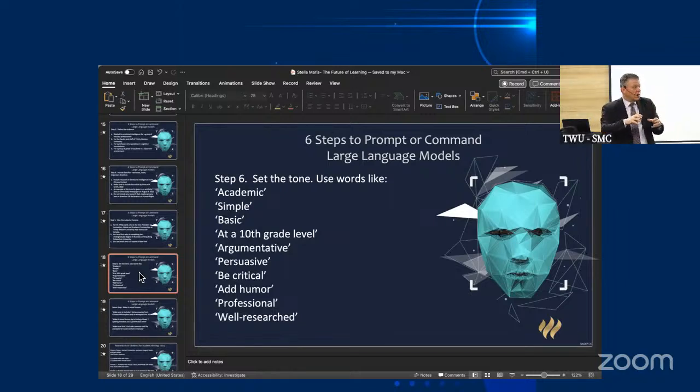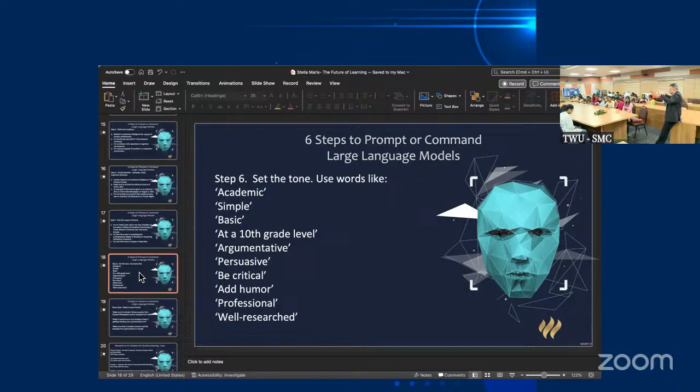Make sure it includes research that's been published in the last 5 years. So I use this term, make sure, in ChatGPT. Make sure it does this, make sure it does that. And AI recognizes that as something you're saying is really important for you. Make sure it's written in an academic tone. Make sure it's simple and understandable to students. So the make sure command is one I always use at the end, focusing on what's most important to me in the output.